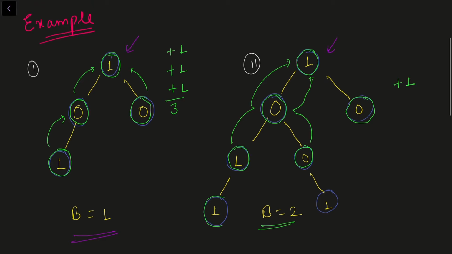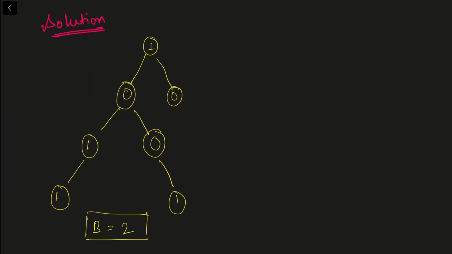Now if I talk about this node, the bth ancestor is this node and the values are different, so again I'll add 1 to the answer. Similarly for this node, the bth ancestor is this node, so again I'll add 1 to the answer because values are different. So the answer in this case will be 3 as well, right? Now let us move on to the solution to this problem.